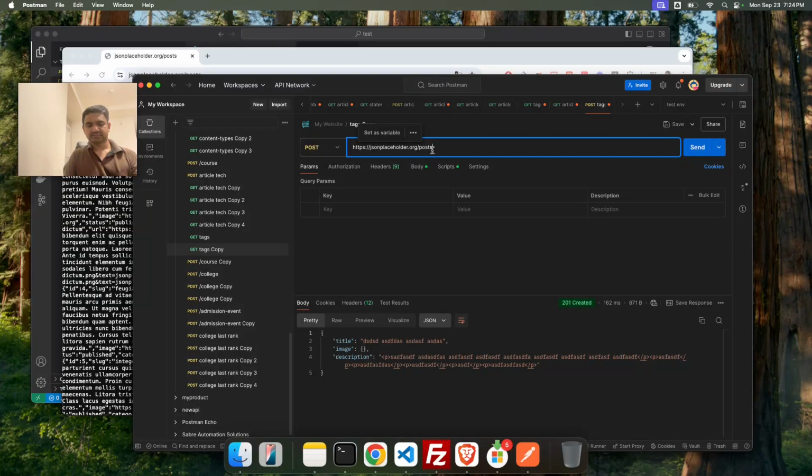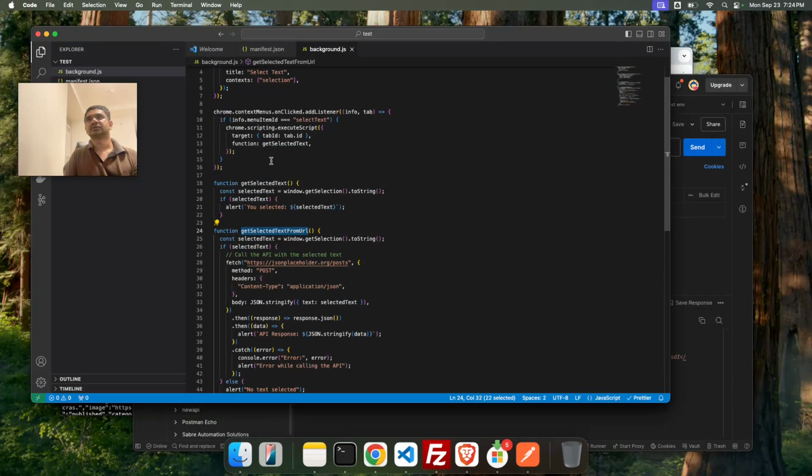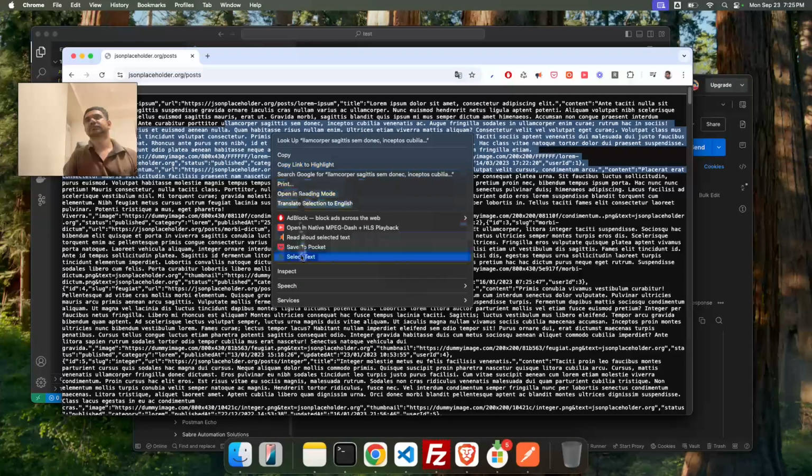So let me do one thing. Just take this one and copy here. So we are spending time without any reason. That's basically not a good idea. So what we are passing here, there should be a selected test. So we don't need to worry about that. So we just need to provide this one. Then copy this one and going back to our window here. So if I select something, select test,